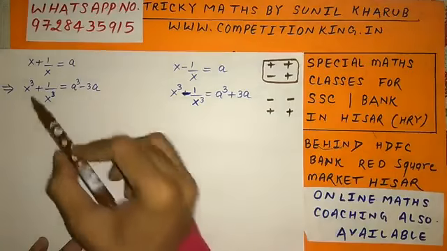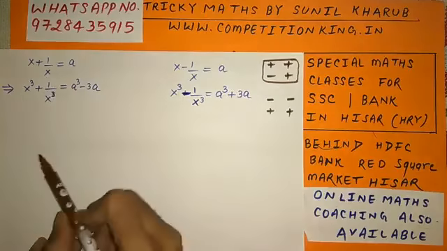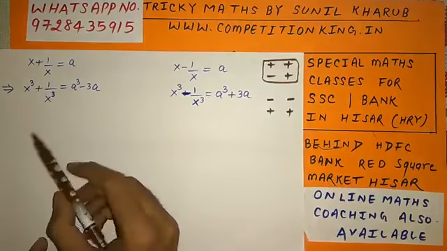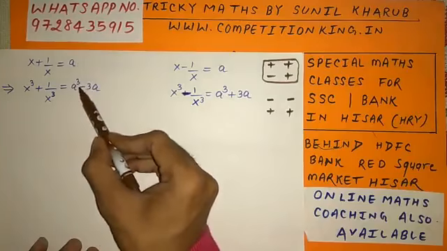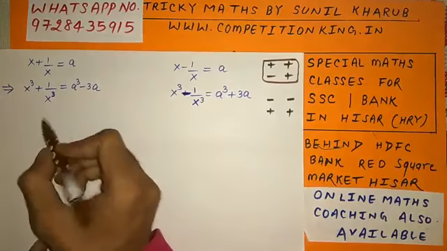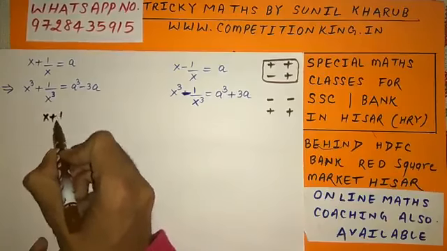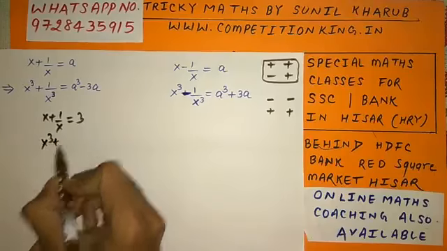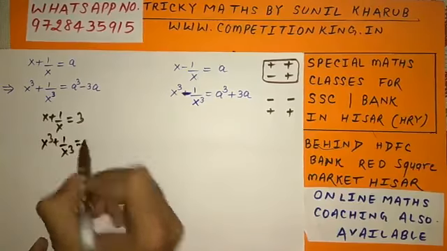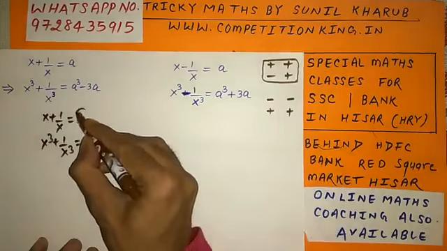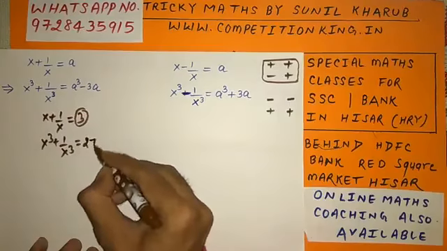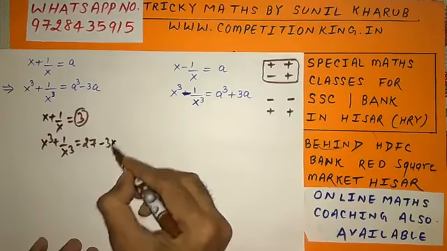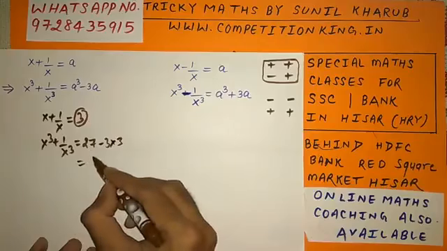See the example. If x plus 1 by x is a, and you have to find the value of x cube plus 1 by x cube, then this is the trick: a cube minus 3a. See an example. If x plus 1 by x is 3, and we have to find the value of x cube plus 1 by x cube, whatever I have written, cube this minus 3 multiplied by this,